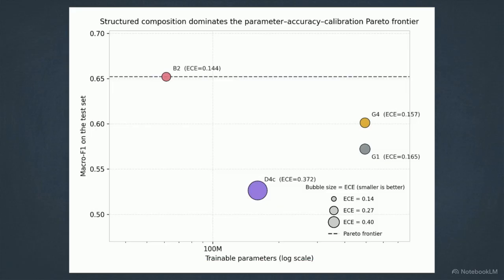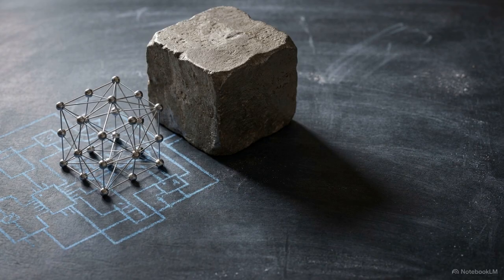The structured hybrid model requires roughly an order of magnitude fewer parameters than the generative models on the right. Yet on the vertical axis, measuring accuracy, the lightweight B2 model outright beats the massive generative variance, with performance gains heavily concentrated on the rarest, most complex cases. It is also vastly more reliable. The physical size of these bubbles represents expected calibration error. The B2 model is the smallest bubble, meaning its confidence levels are the most tightly calibrated to its actual accuracy, a critical requirement for legal analytics. For highly nuanced legal classification, differentiable architectural structure strictly dominates brute force scaling.